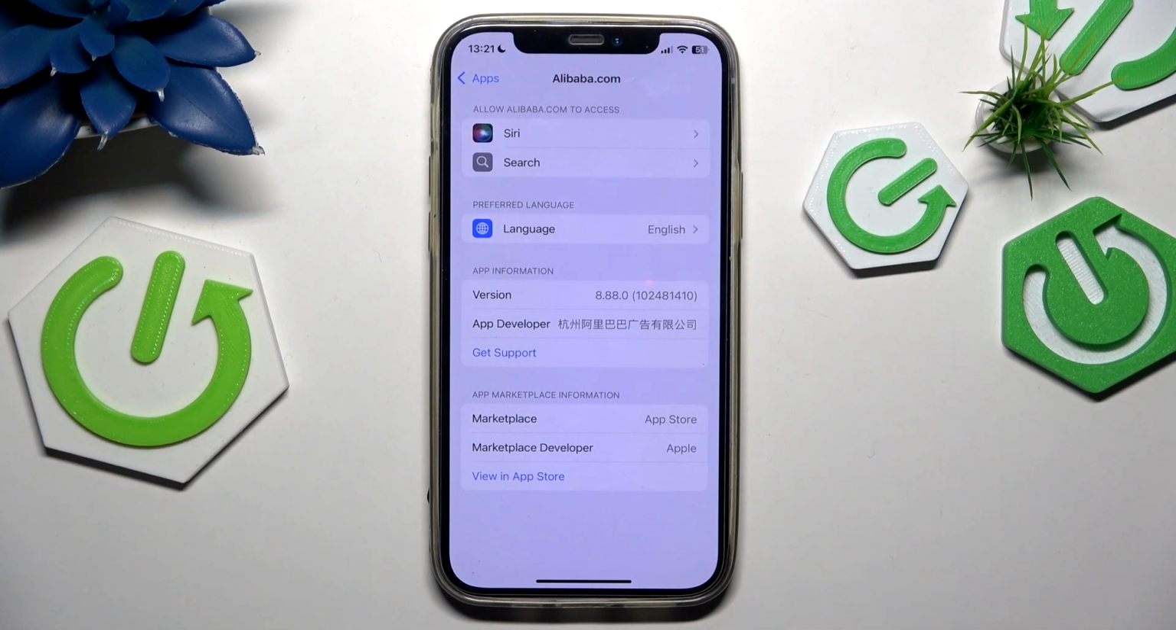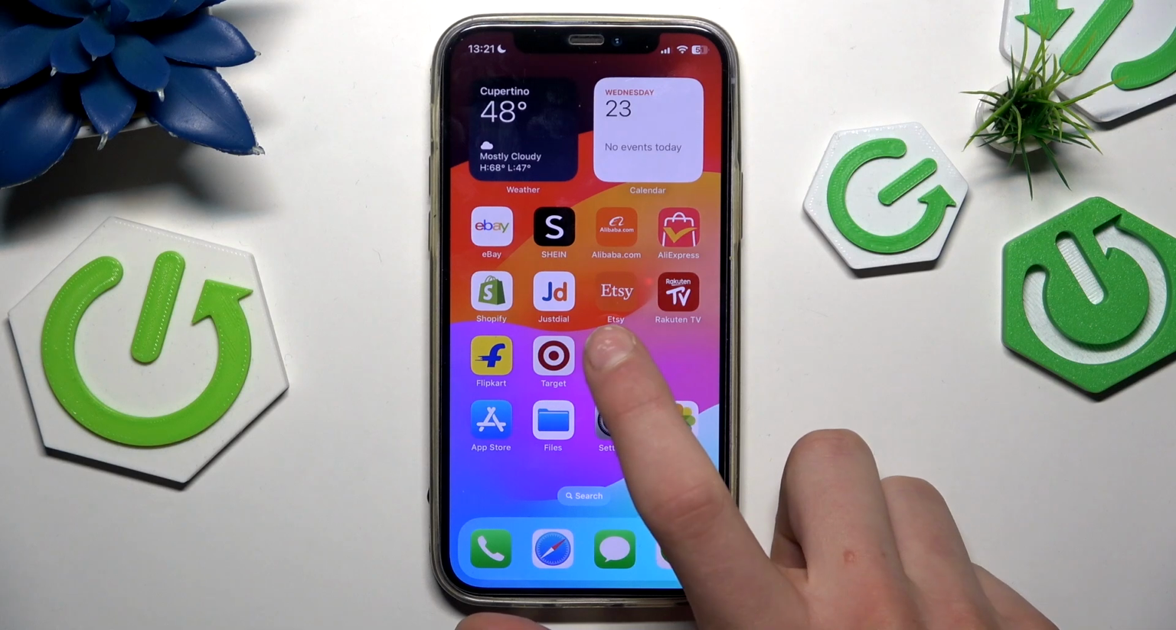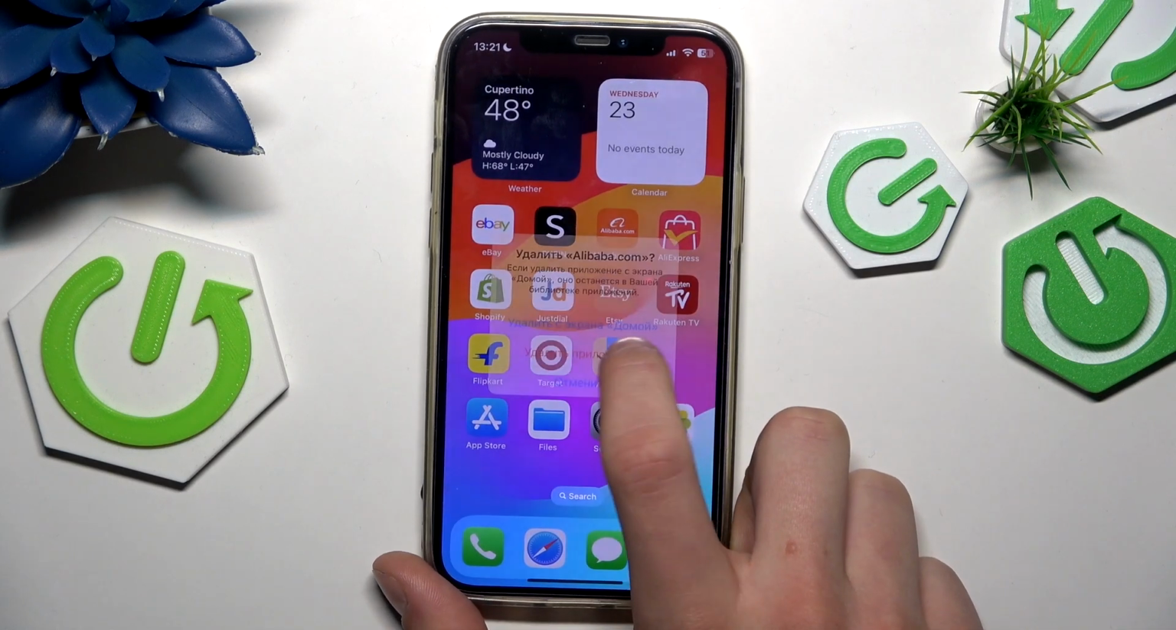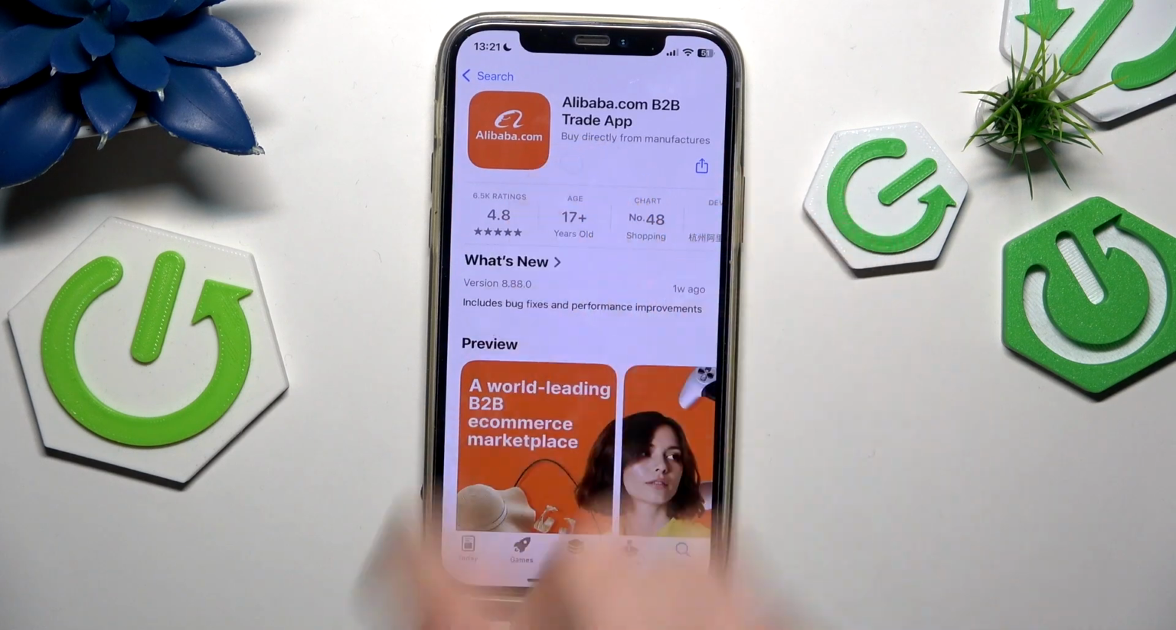But if you still have some issues, any problems, you just need to go here, take your Alibaba, remove app, uninstall, and go here and